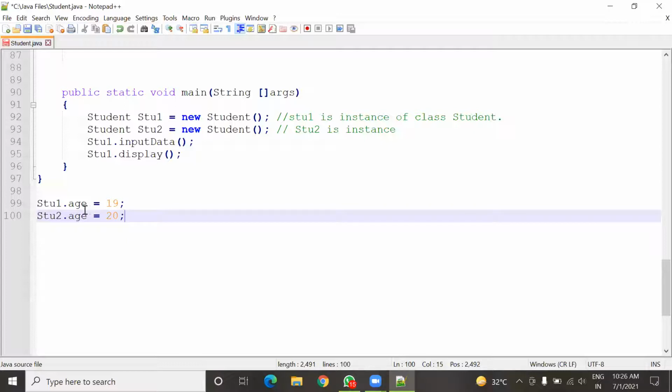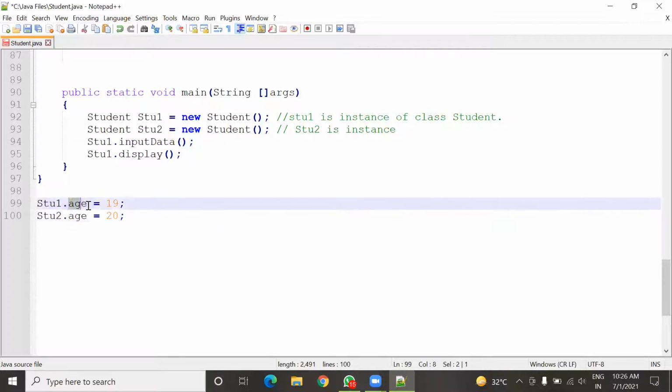So in this same variable age, two different values are here, 19 and 20. But the difference you see here is that this variable name is the same, but this same variable is accessed by two different objects.